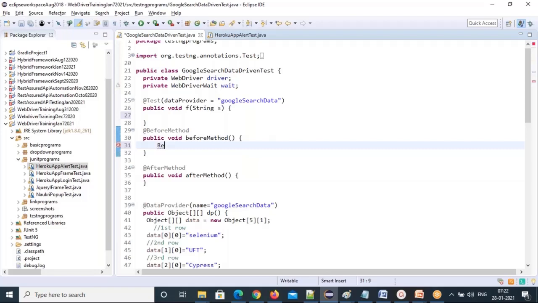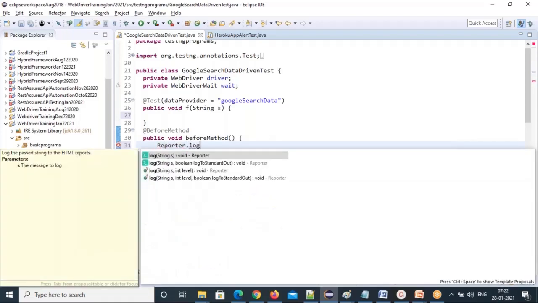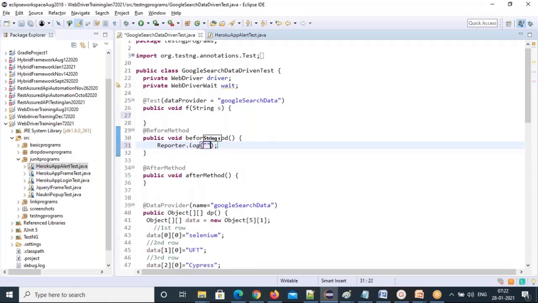So I'm going to do the browser launching, the URL launching code here. I'll just say open the URL, I'll change the method name to open the URL. You can change any name, it's up to you, a summary of what you are doing inside, and put that as your method name, and log.